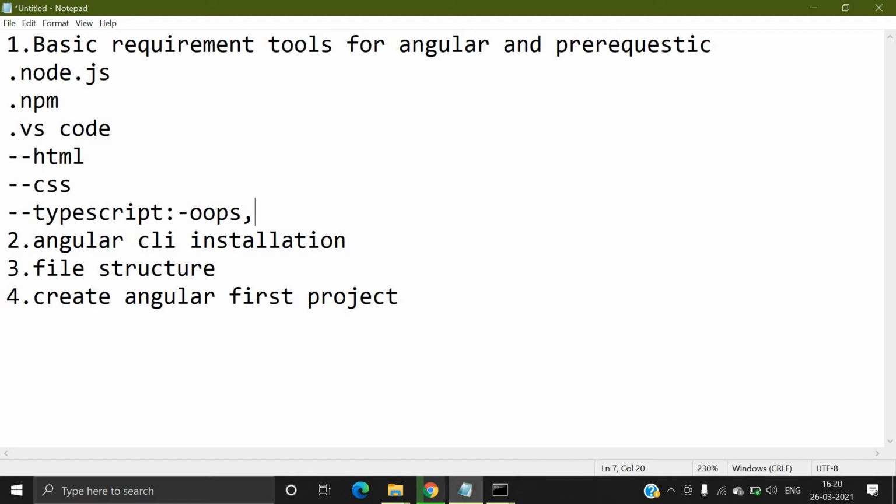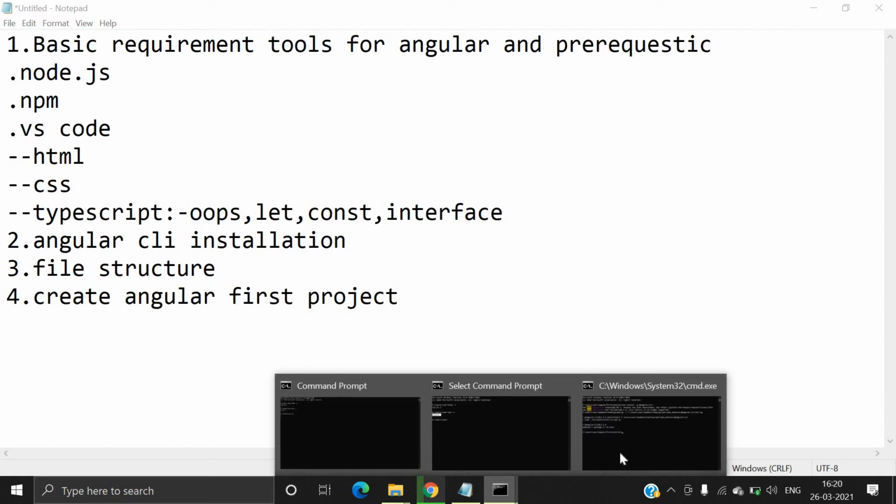TypeScript provides these concepts. For variables, there are let and const variables, and TypeScript also provides strongly typed data types with the help of annotations. So you must have a basic understanding of TypeScript, don't worry. TypeScript also provides interfaces. What is an interface, and why do you use an interface?